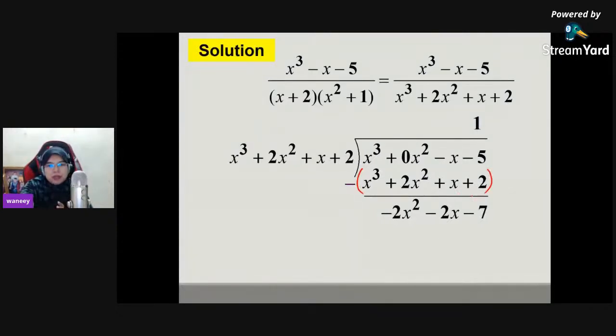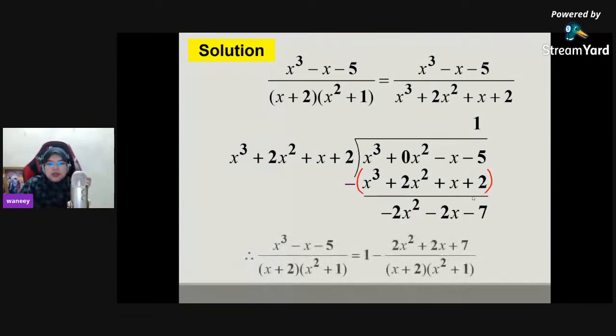Write them down in terms of the polynomial plus the proper fraction. So we got (x cubed minus x minus 5) over (x plus 2)(x squared plus 1) equal to 1